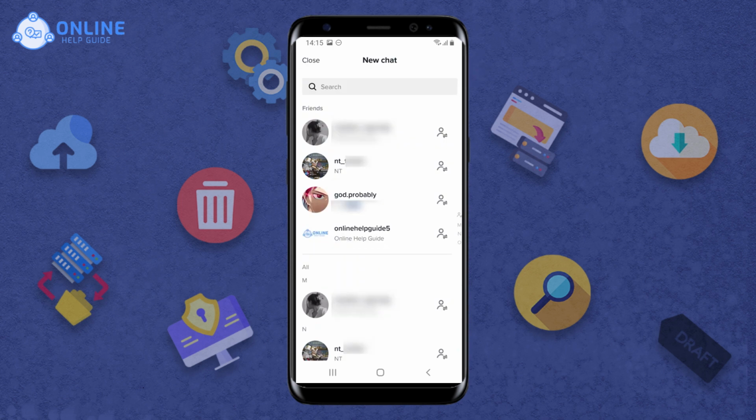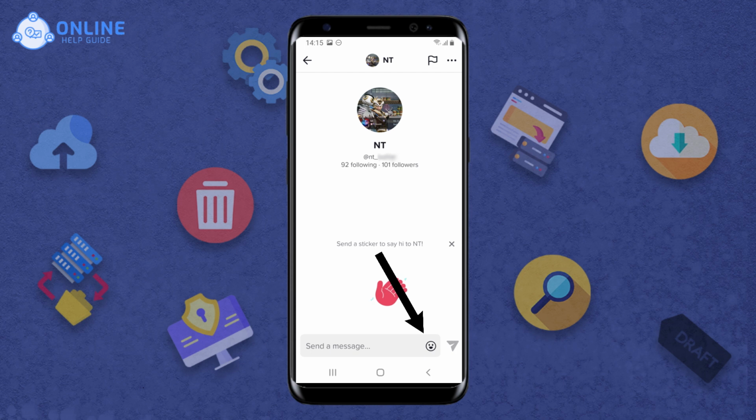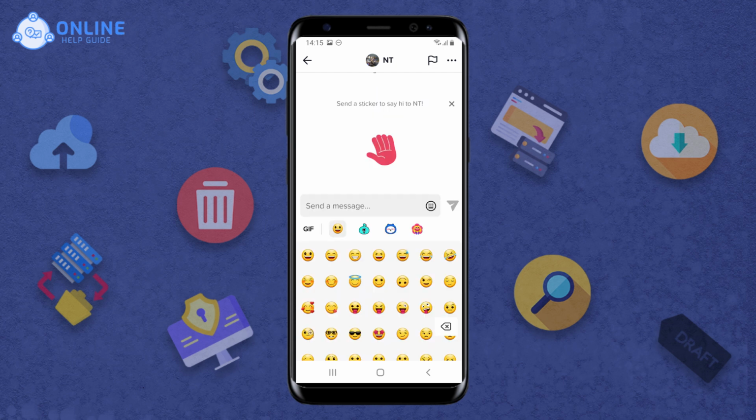It will take you to your friends list. Look for the user you want to send a GIF message to, and tap on it. Now you can see the smiley emoji icon, located on the right side of the message box. Tap on it. Once you tap on an emoji icon, a screen will appear from which you can send stickers,